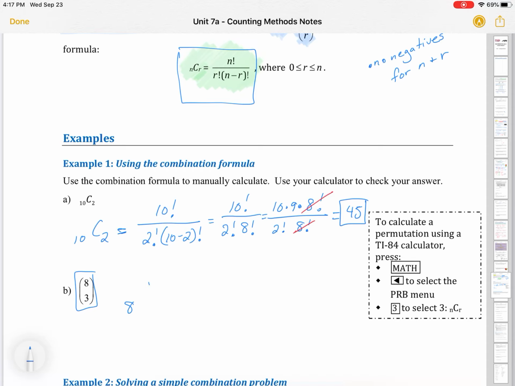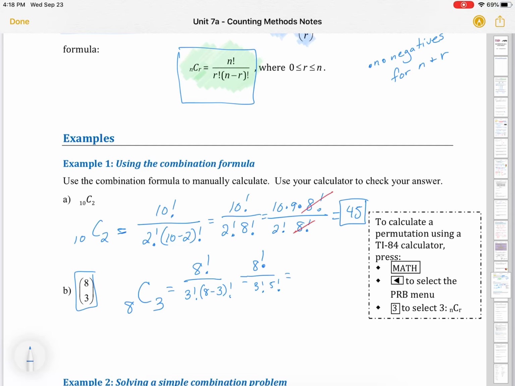Alrighty. Now, we also said we could write it like so, 8 over bracket 8 over 3. So if we're going to write that, we would write that as 8C3. Okay, now let's use our formula. So we'd get 8 factorial over 3 factorial times 8 minus 3 factorial, which is equal to